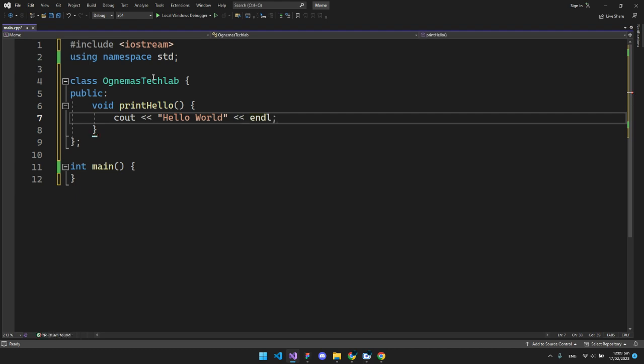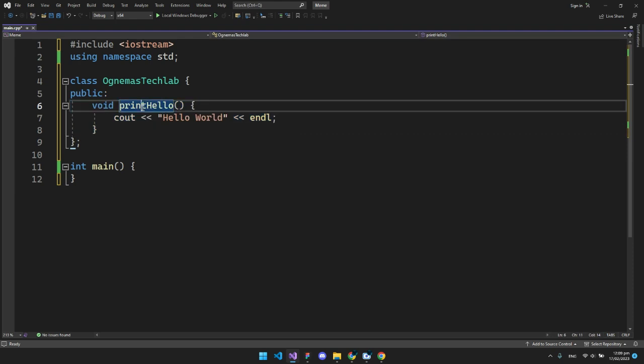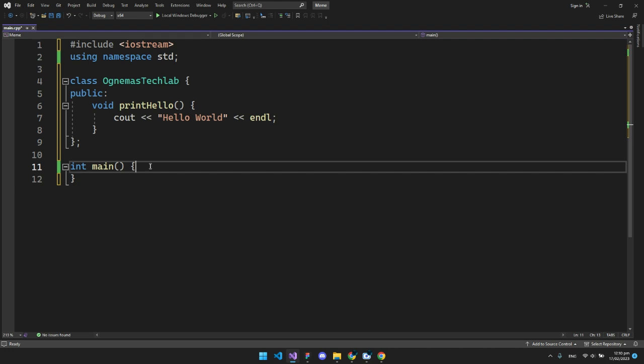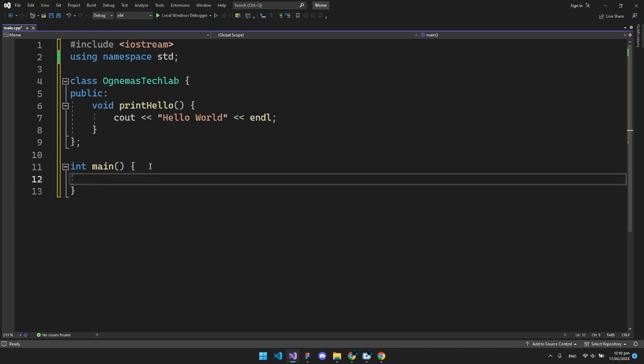You see, we don't need to prototype our function or anything, we just simply need to declare it to tell our class, hey, in our public access specifier, we made a function called print hello. And I want to tell you other classes and functions can take our function or use our function for their case. And now if we want to call this function inside our main function so we can run it in our program,